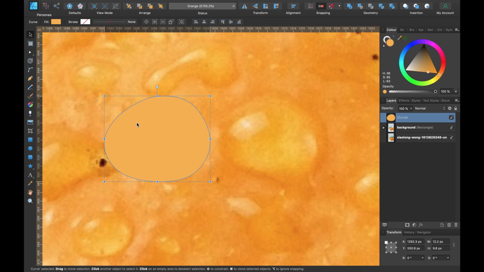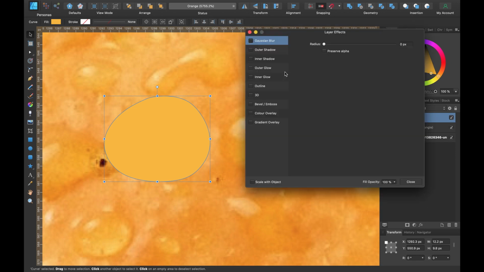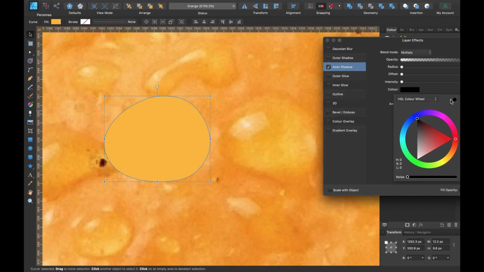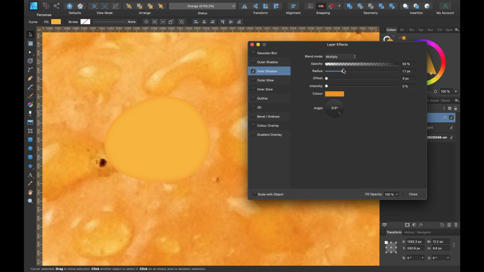So the next thing I'm going to do is make sure I've got the right color. I'll grab the eyedropper tool and drag it on the lightest color in this droplet. And then I'm going to add an effect. I'm going to go to Inner Shadow. And I'm going to choose the darkest section of that water droplet. So I'll go on color, grab the eyedropper tool inside there and just choose something like here. Okay, now I can bring the radius out slightly. You can see we've kind of got the right color.